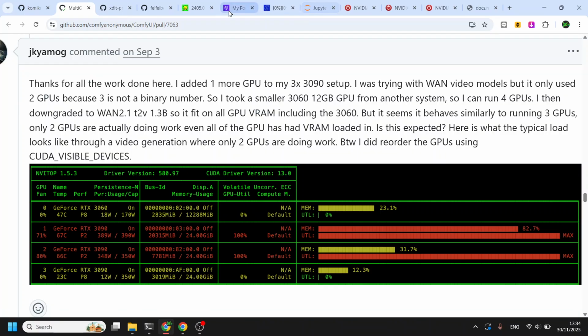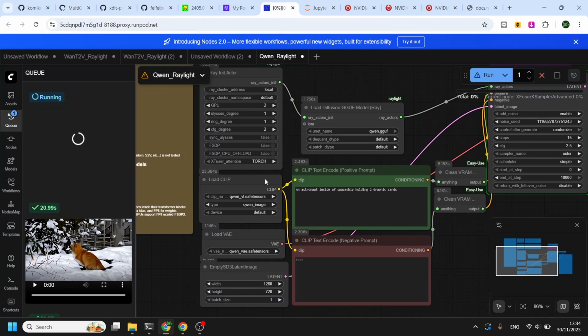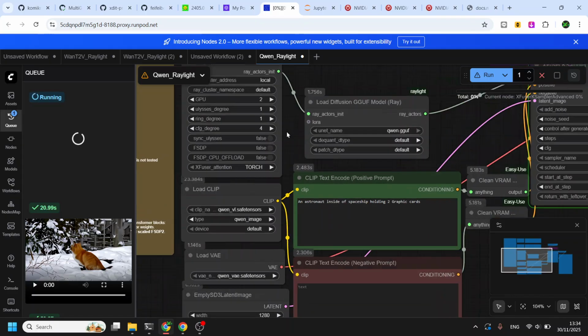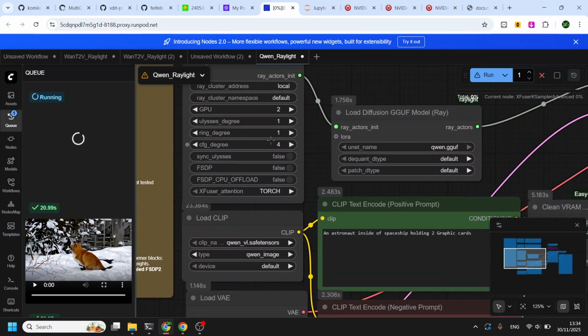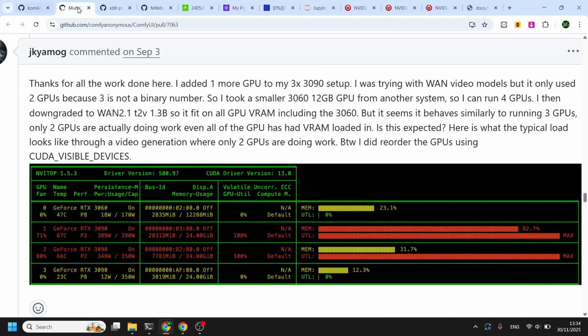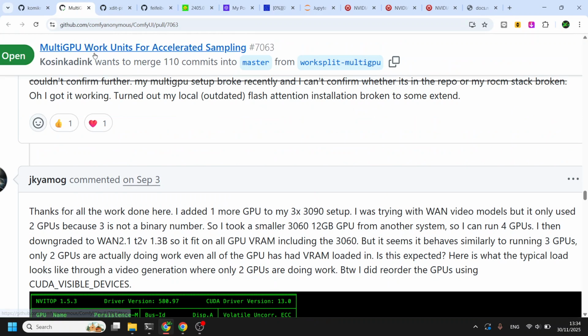Raylet is also the same. It cannot split more than this, which is invalid since the CFG batch tensor itself only has a size of two. So the only valid way is this. This is invalid. So that's multi GPU work split. It splits the CFG and it splits the workflow itself.